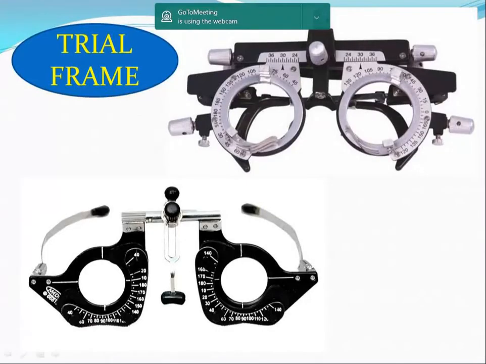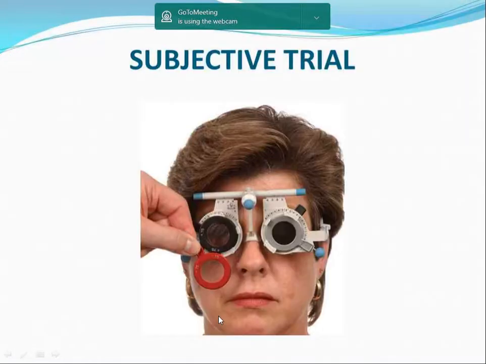This is called a trial frame. You cannot give the glasses to the patient, isn't it? So you put a trial frame. This trial frame will have slots for inserting the lenses. It will have markings of axis in the outermost. You will keep the cylindrical lenses in the outermost slot and the spherical lenses in the inner slot. One slot is close to the eye, which is for near vision, and one you have outside, and that is for putting the occluder.